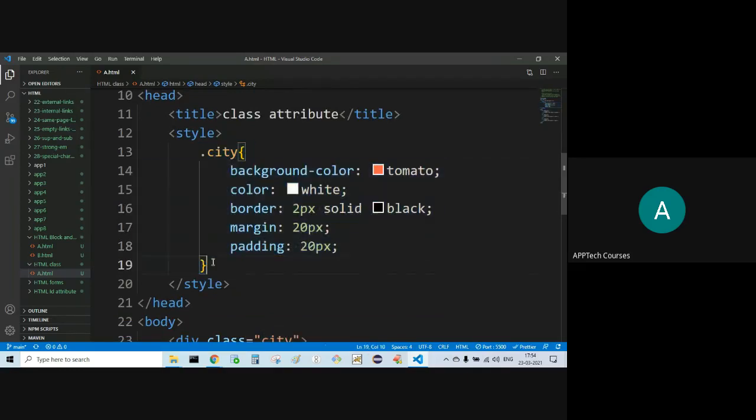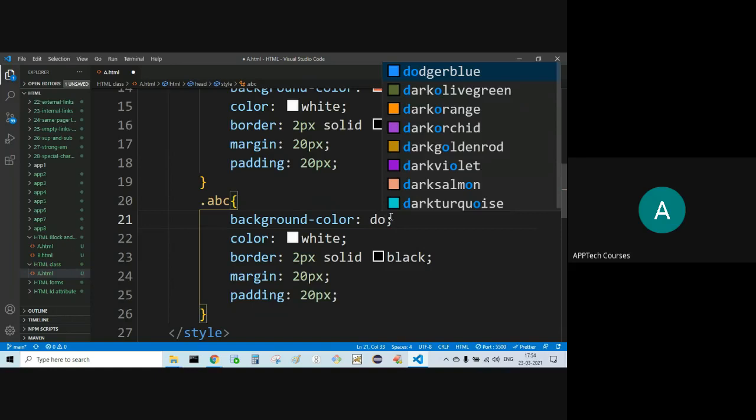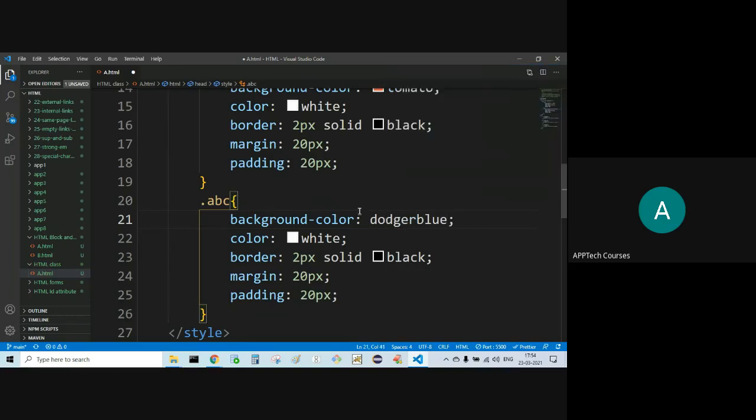Now the same thing, I want to specify for the ABC, whichever elements are under ABC, dot ABC. Background color will be something like darker blue. Font color will be